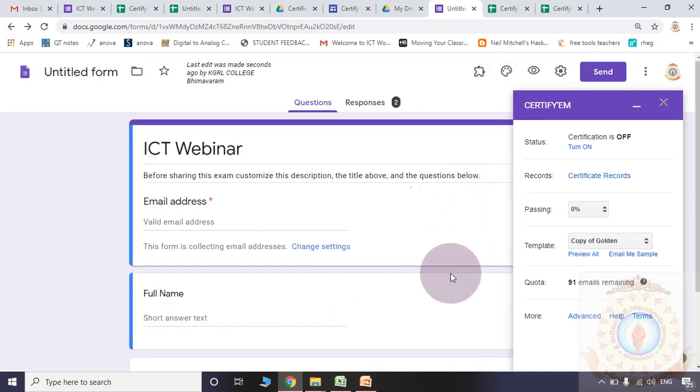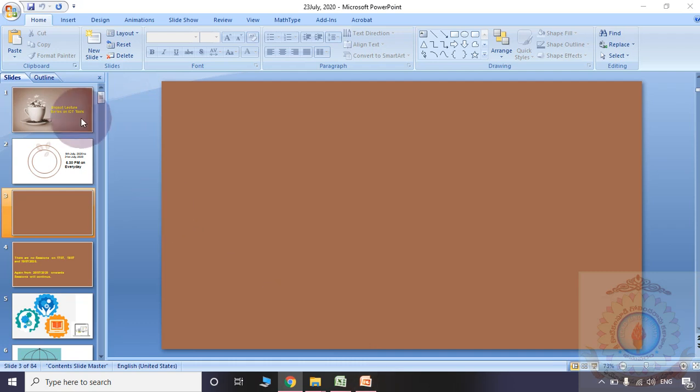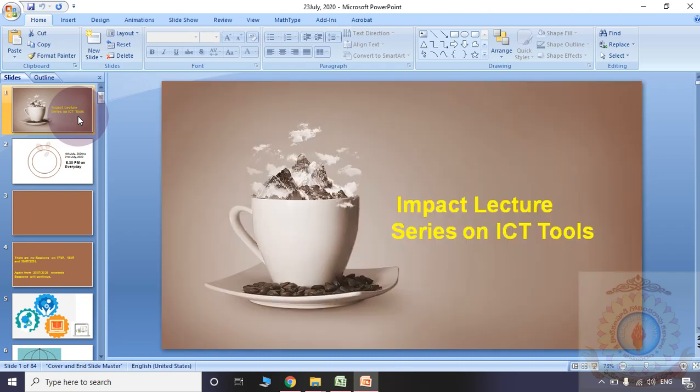So these are the basic things you are supposed to perform before sending the certificate to the participant via the Certify EM add-on. So this is the end of this session. In the next session, I will tell about another add-on that is known as Timify.